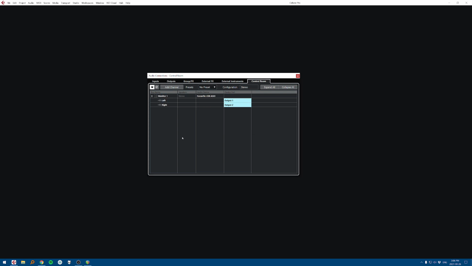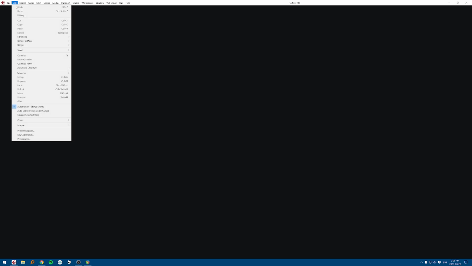So this means that Cubase, when we're doing playback, will send the sound to output 1 and 2, which is my monitors and my headphones. So it's my main, it's my left right. So that's it for audio connections. You can close this. Now we'll go into Edit, and